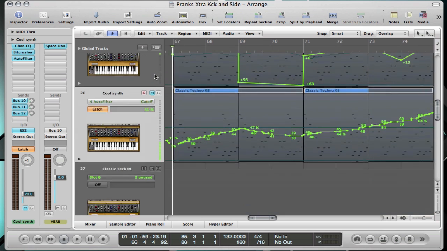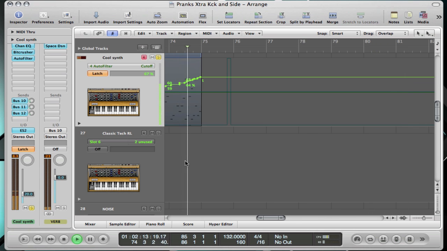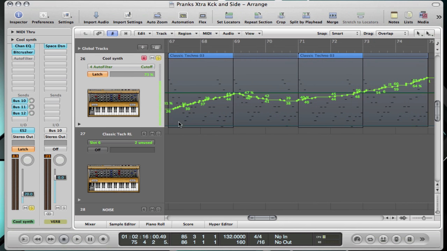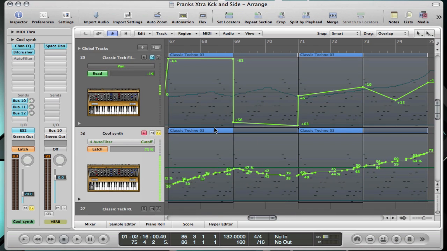Let's mute this track and solo this one. So that's what we did with the filter,